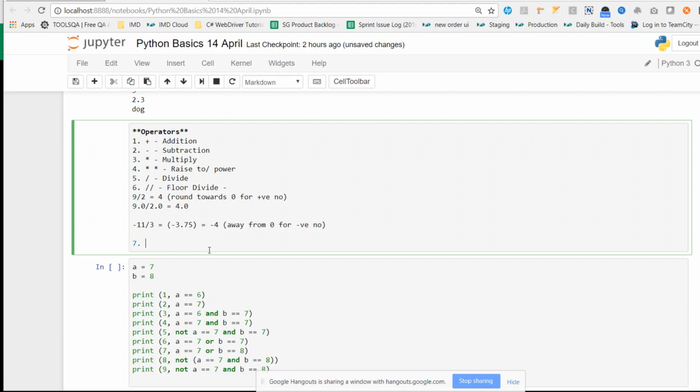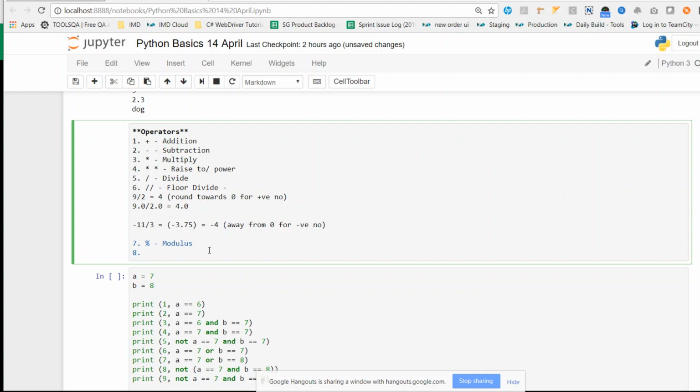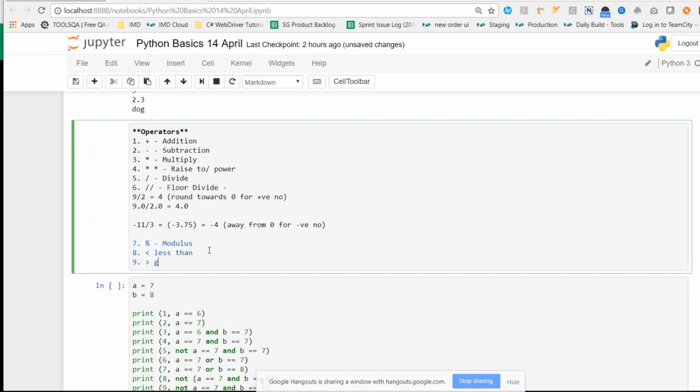Okay, then go to modulus. It gives a remainder. This is the less than sign. This is the greater than sign.